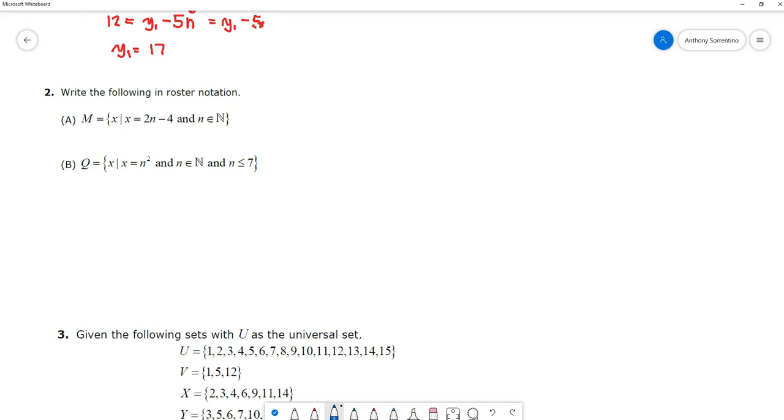If it's a long list, you could sometimes use the same symbol, those 3 dots, and basically put them in between. As long as you can show enough that there's a pattern occurring, you can shorten the list like that and make your life a little easier. But for the first one, M equals x such that x equals 2n minus 4, where n is a natural number. So as I look at this in roster notation,